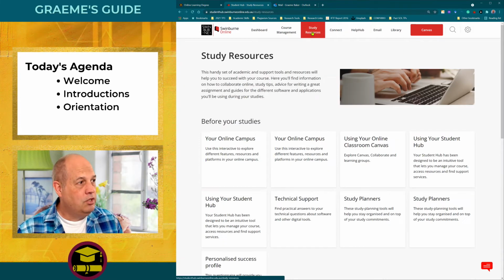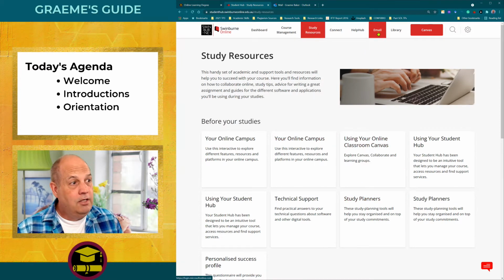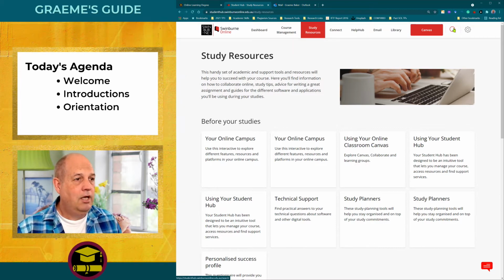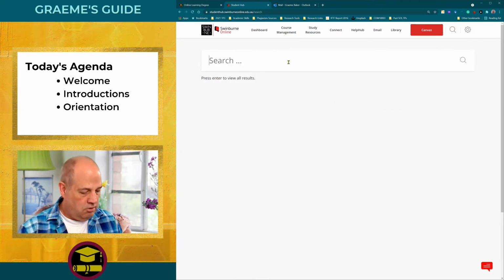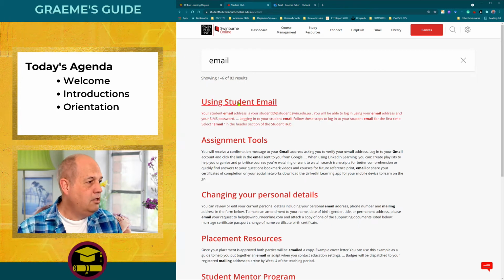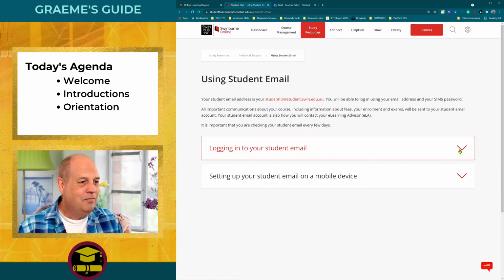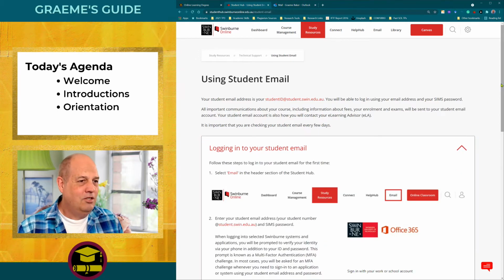So there are study resources here that you can explore through. Email is very important. If you want to find out information about email, for example, you could click on this search here and just type in email. And the first item here is using student email. So you can go in here and work out, and this will show you how to log in and start